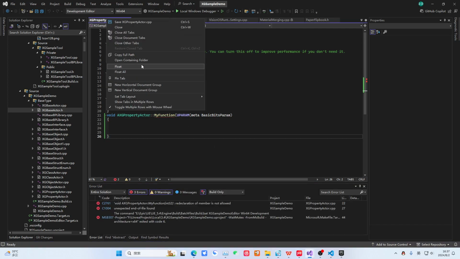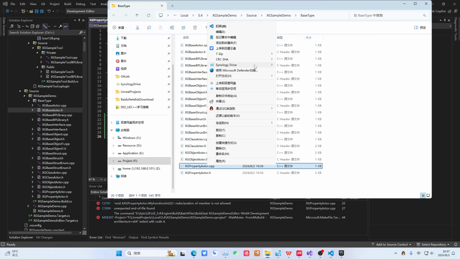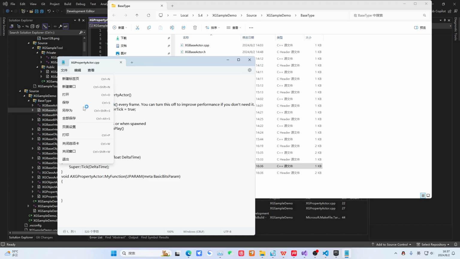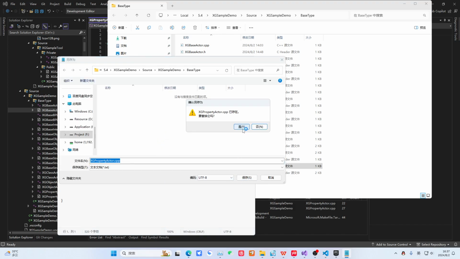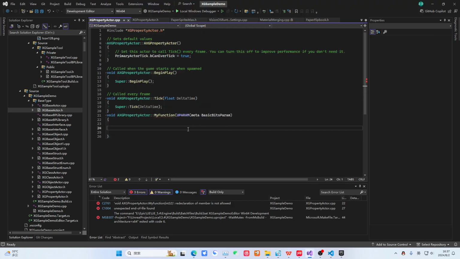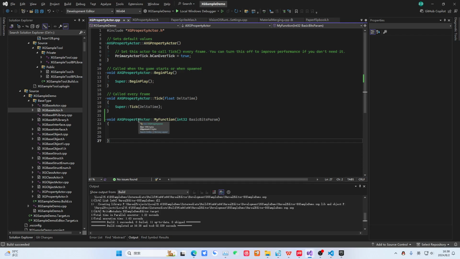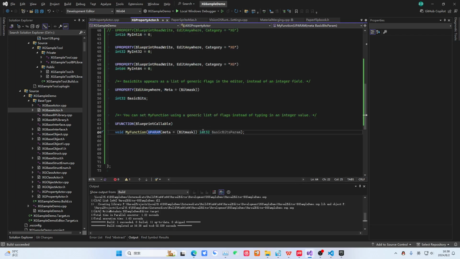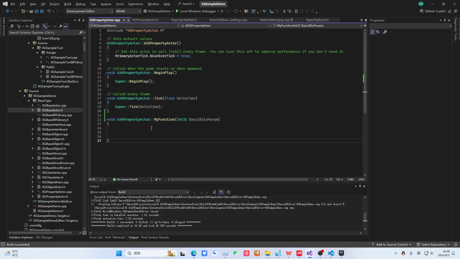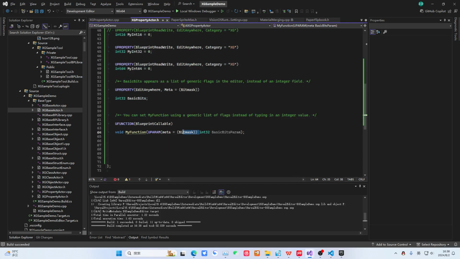Okay, let's first check if this thing is hanging. An encoding issue? It turns out it's not an encoding issue. I'll check it later. Okay, it works. I haven't used this for too long. This is not needed after that. You can just remove it like this, because when defining, this is only used when our UHT scans it, to let it declare